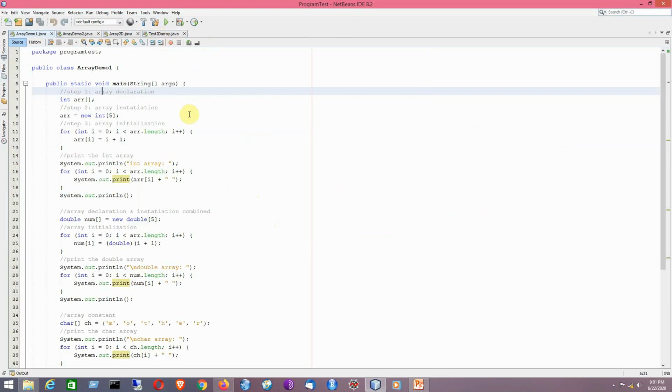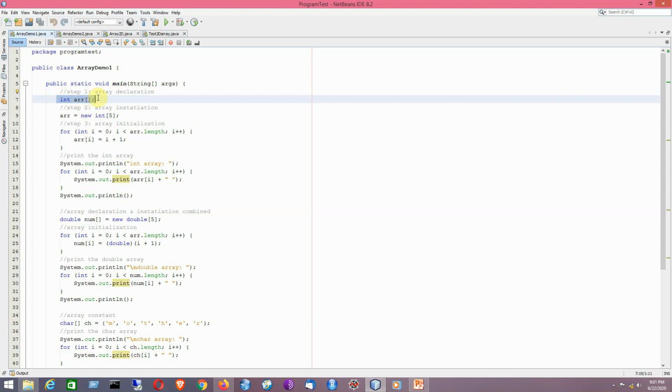So first I have tried to create here an integer type array. The first step is array declaration that I have told before. So int arr, that is the name of the array, and then the square brackets. So it will be giving you the reference of the array. Step 2 is array instantiation. Say for example, I have taken the array size as 5.